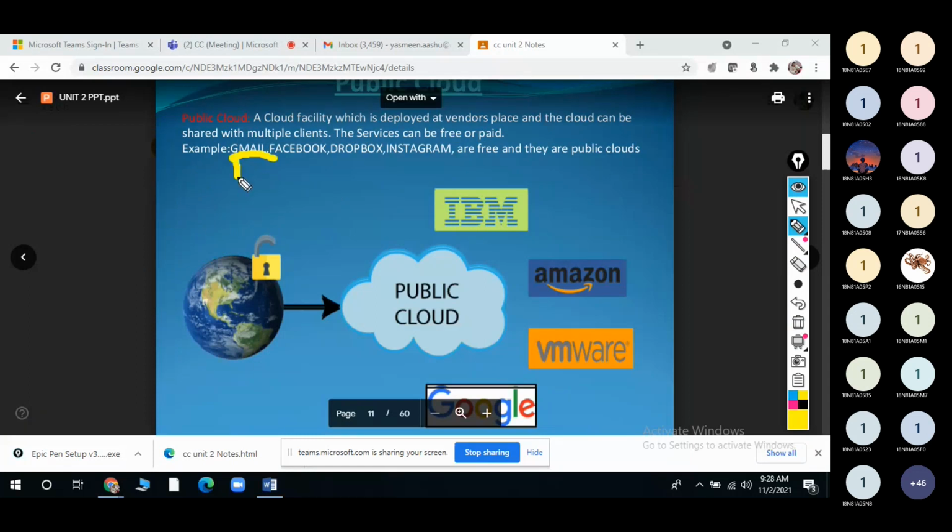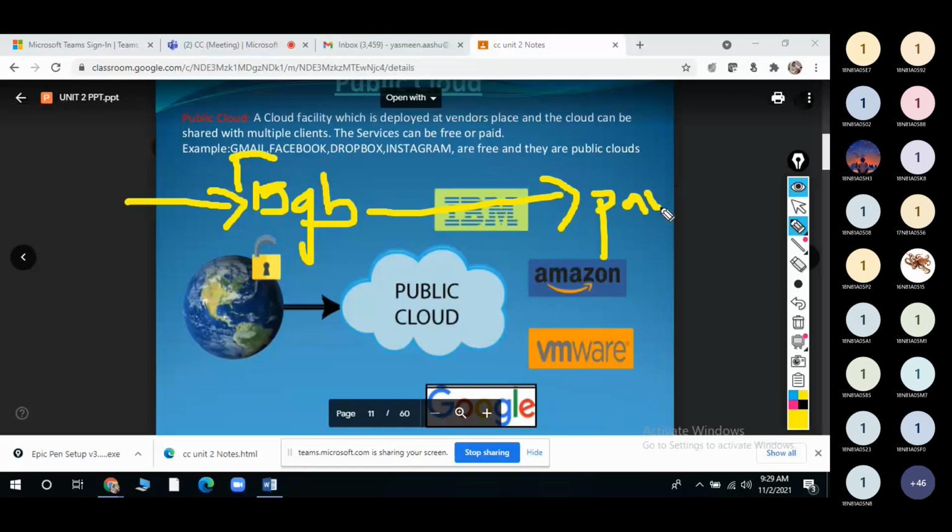There will be some limit for Gmail, some 15 GB. Up to 15 GB it is free of cost. Once your memory is full, after that you have to pay and extend this limit, depending upon how much GB you need.